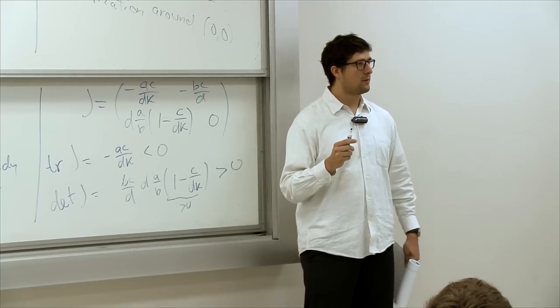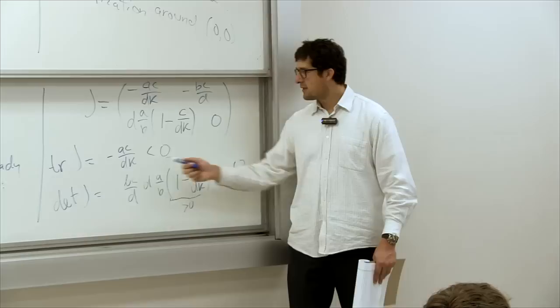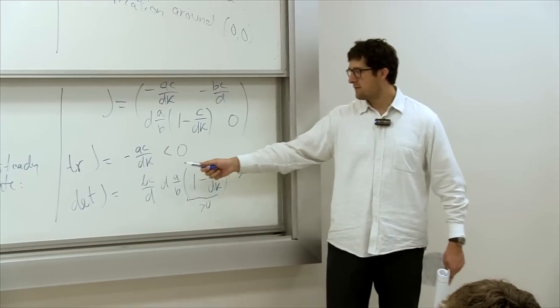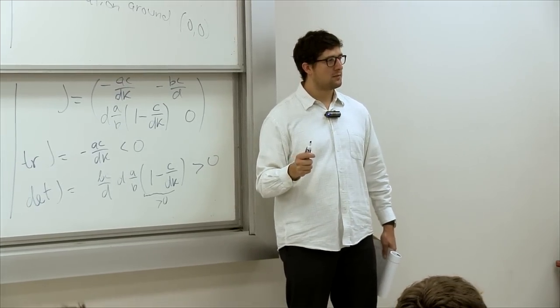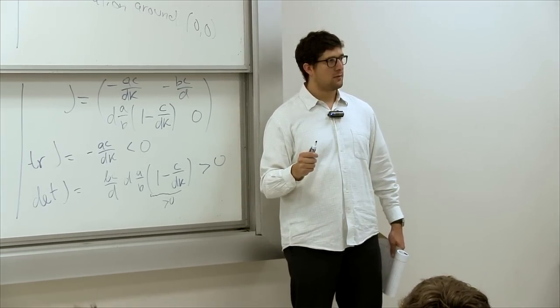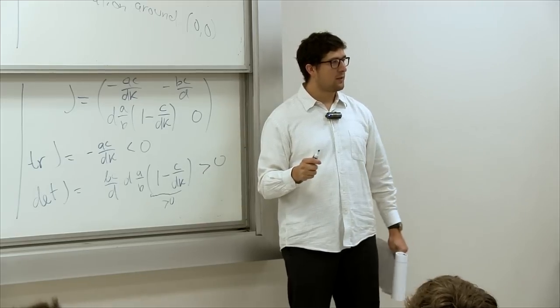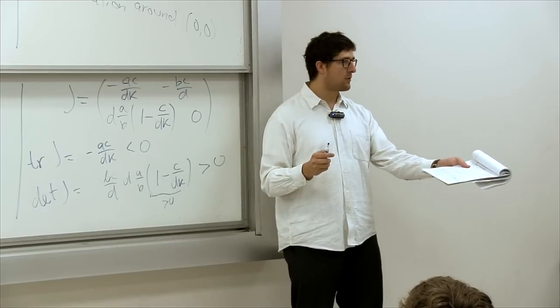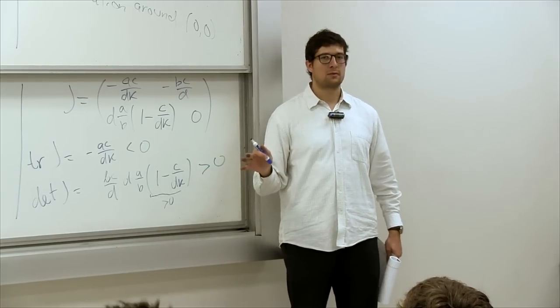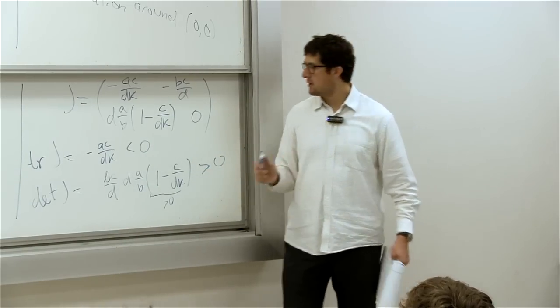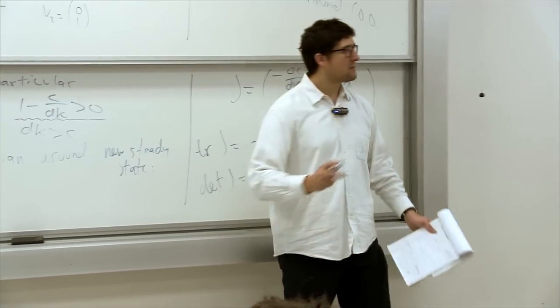Brian, Kwan, what can I say if the trace is negative and the determinant is positive? That it has 2 eigenvalues less than 0, the real. 2 eigenvalues less than 0, exactly. Actually, I'm not sure the real part is less than 0. So in other words, the matrix is stable, right? Stable dynamics. What that means is that